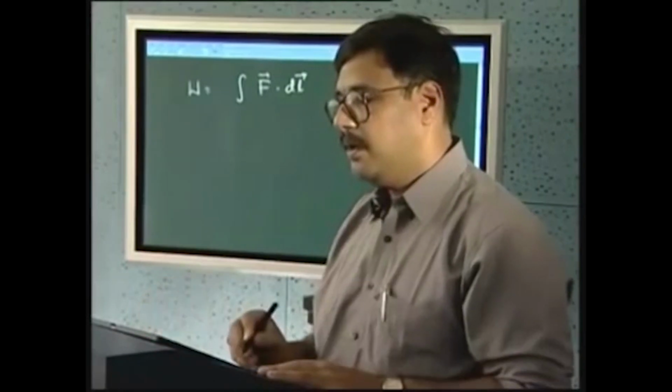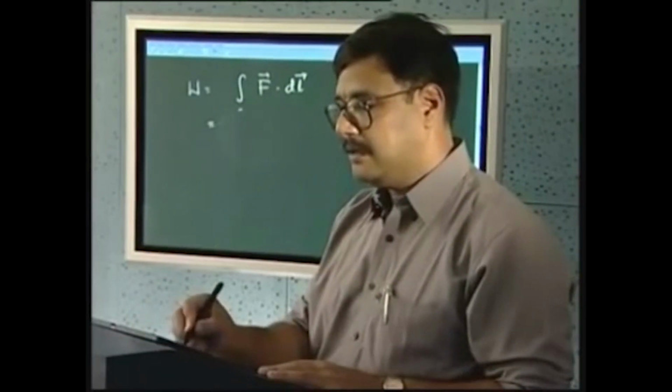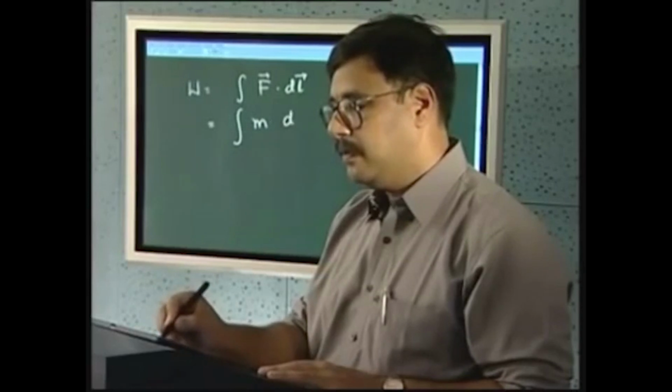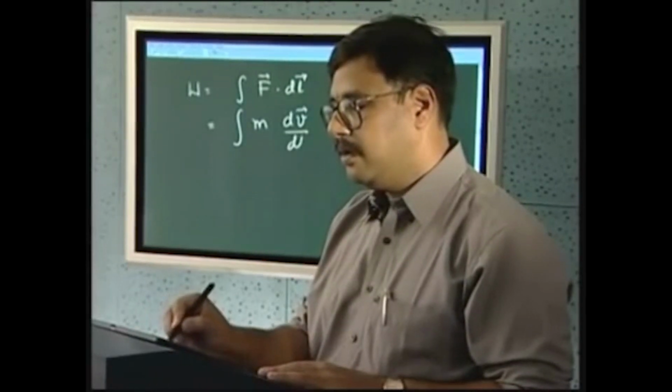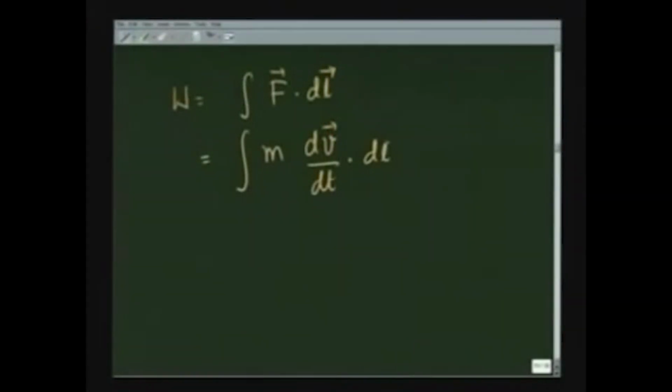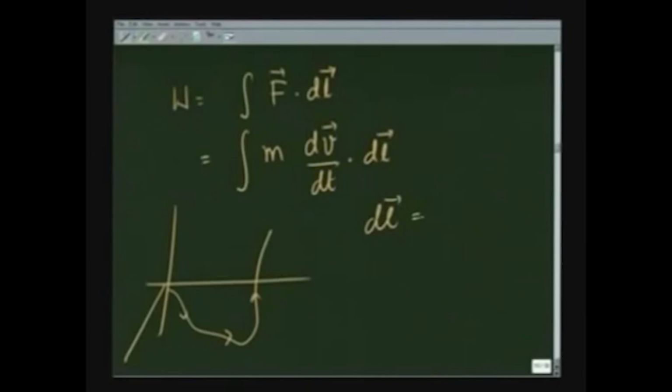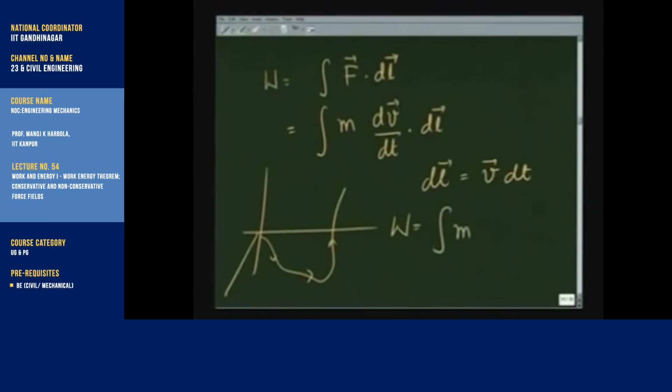So, work, which is equal to F dot dl, can be written as m dv/dt times dl, and when the particle is moving along a curve like this, dl is going to be v dt, and therefore, I have work is equal to integration m v dot dv,